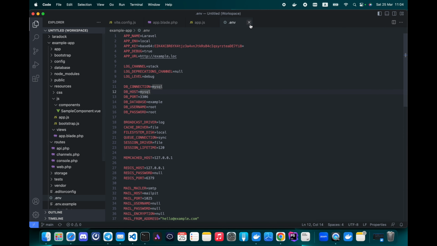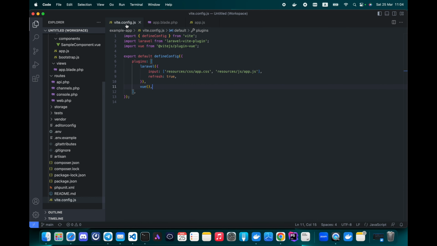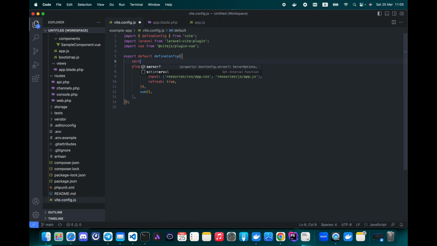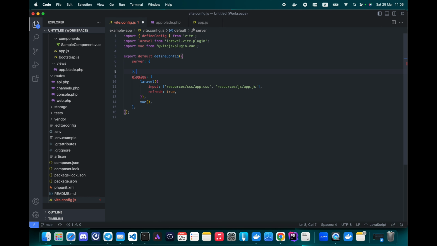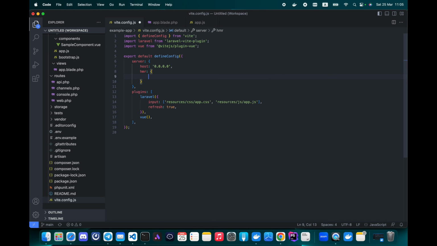So the solution to this problem is to configure the properties of the development server. Let's do this in our vite.config.js file. The host will be all zeros, which will give us network connectivity to other Docker containers. The HMR means hot module replacement and has three properties. The first property is client port, which is the same as the default port that Vite uses to load modules on the page in development mode.